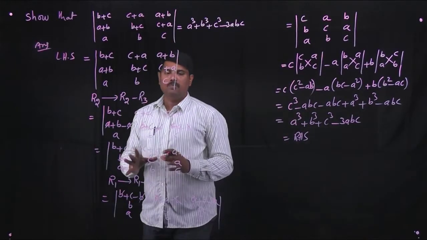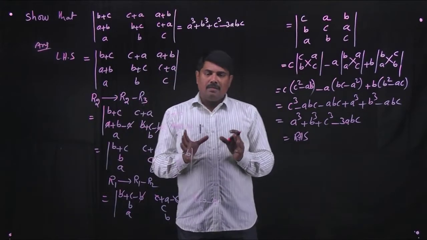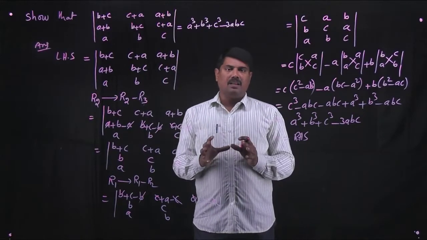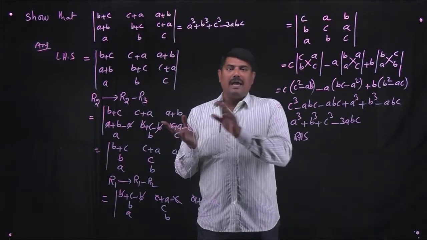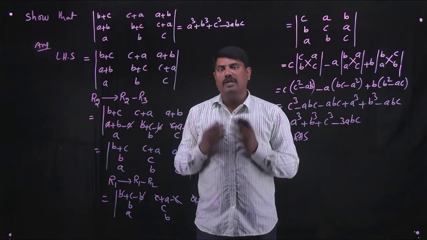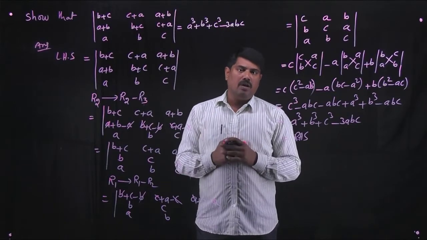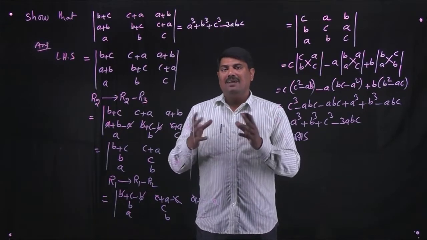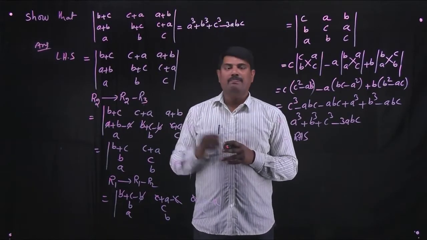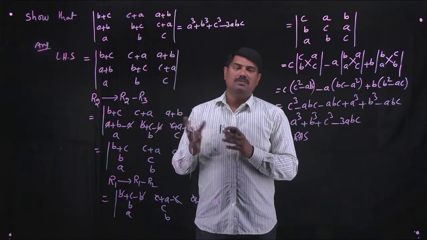In this problem, we are using the property we already discussed. You can multiply a particular row with a number and you can add them to the corresponding elements of another row. There will be no change of the determinant. First you have to follow all the properties of the determinant. Later if you start doing such type of problems, then you will be able to understand such type of problems.